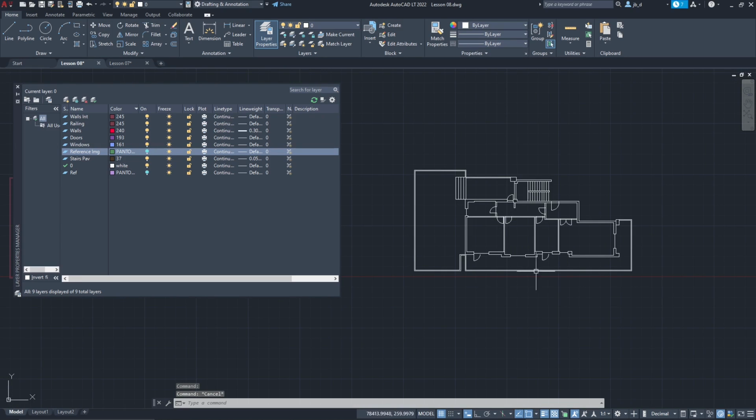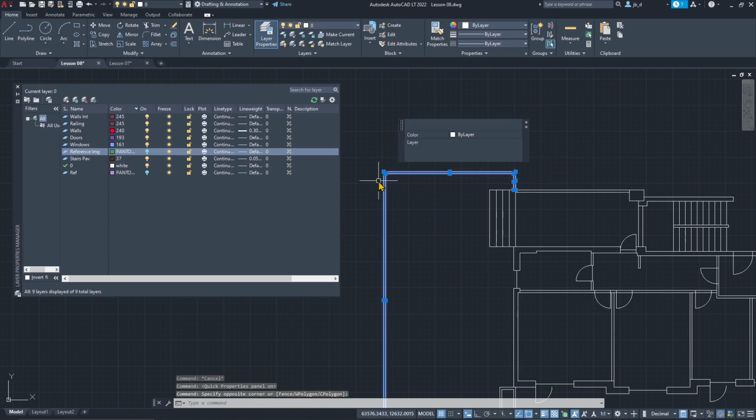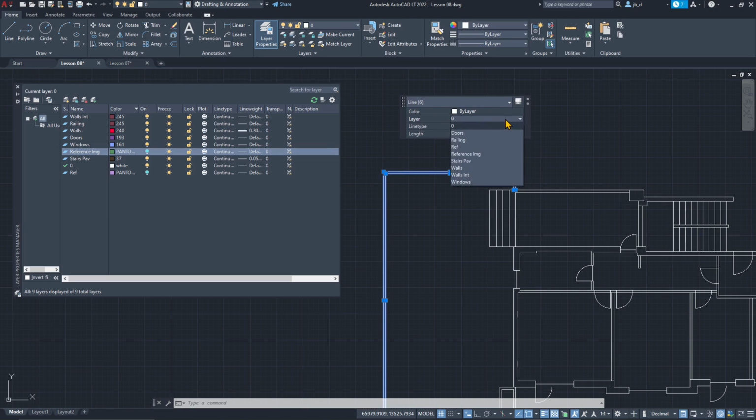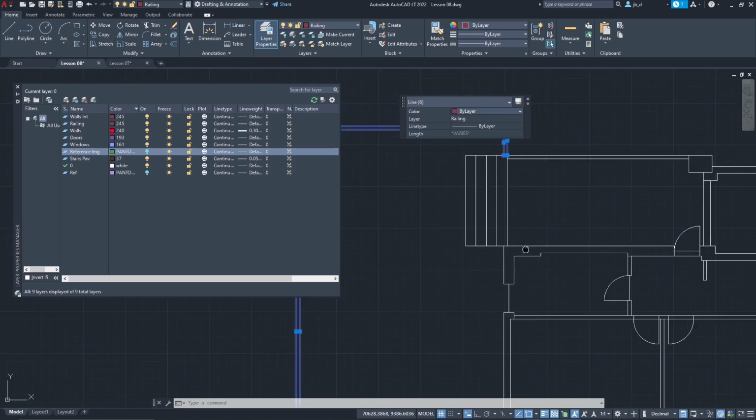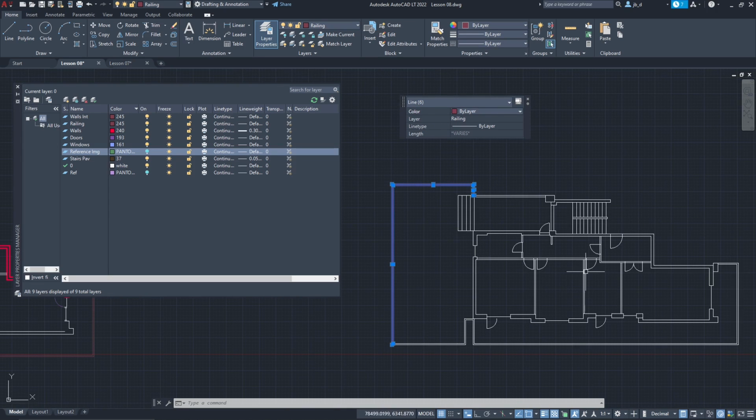Now, a second thing that I can do to work with layers is use the quick properties, because as soon as I select something, it's going to open up this quick properties panel, and here it's going to tell me which layer I'm working on and the color of that layer. So I can assign a layer from here, and this is a railing, so I'm going to select railing, but also I can override because I'm working right now with these lines. So let's say that you can work using all different assets in your project, and you can change the color of the layer, and it's going to affect all those elements inside those layers. Or you can work elements by